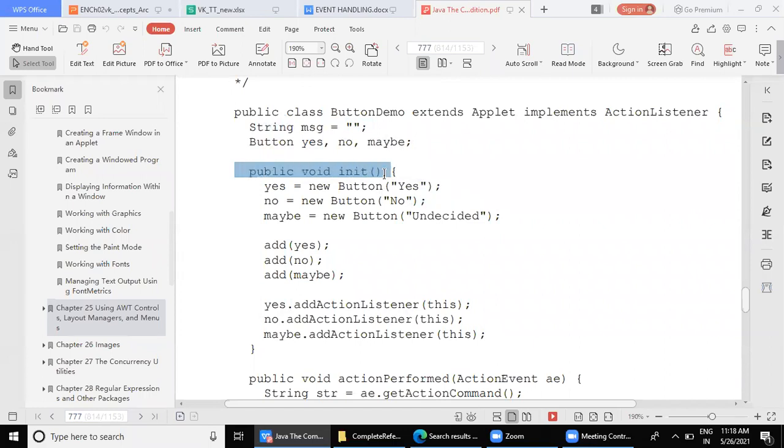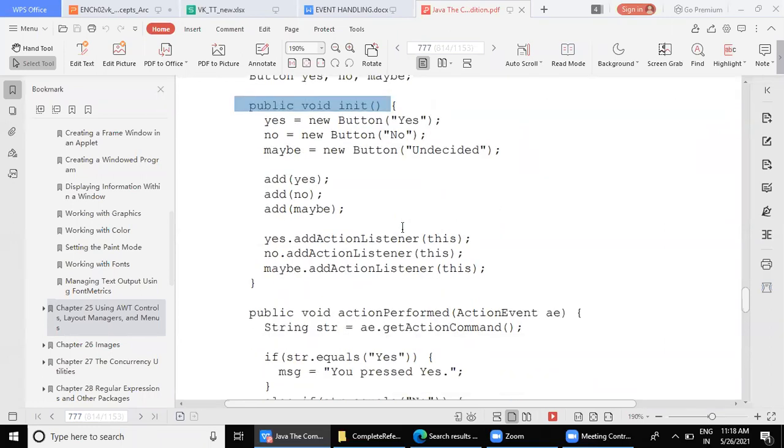So here, in the init method, I need not explain what init is because we already learned applets in the last semester, right? In init, all the initialization happens. So we are initializing these buttons. When I say yes is a button, I initialize it with new Button, and the label I'm going to use there is Y in uppercase. Similarly, no is the name of the button, but the label I want to place on the button is N in uppercase. So I am creating that object completely here.